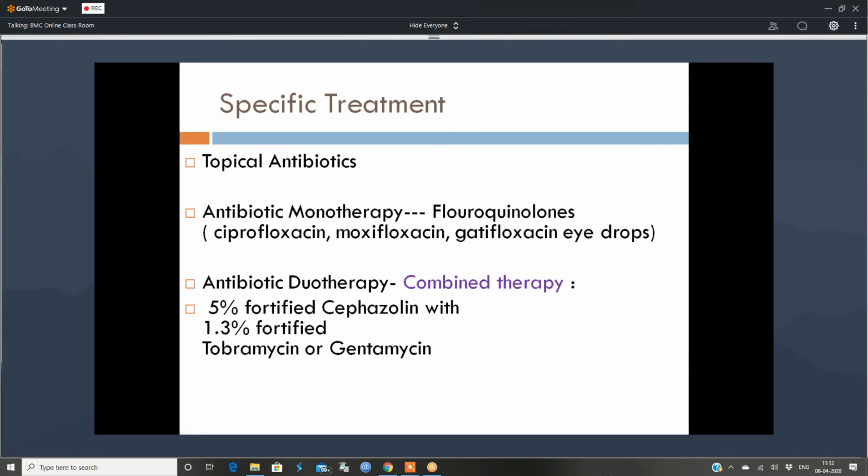So what is the route of administration? I'm waiting. Topical. Yes, it has to be topical. Oral antibiotics or IV antibiotics are of no use in treating bacterial keratitis, because of